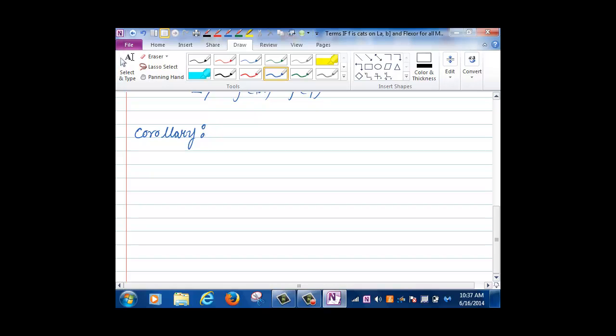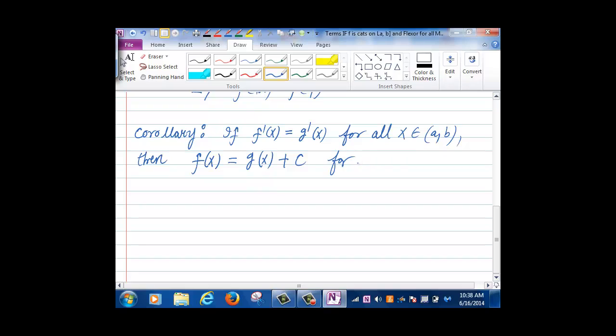Okay, so if f prime of x is equal to g prime of x for all x between a and b, then the function f of x and the function g of x only differ by a constant, for some constant